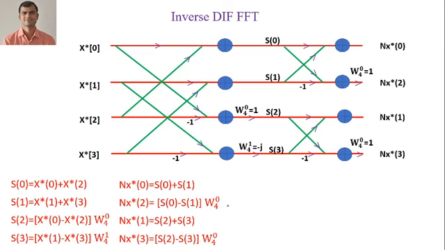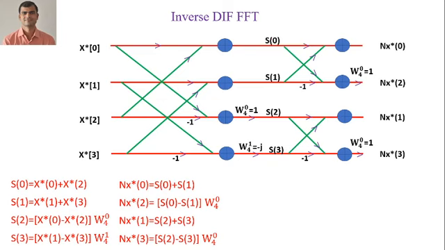Now one another difference is there. Here the input sequence is in natural order and output sequence is in bit reverse order. Here input sequence we have to take as a discrete frequency sequence and conjugate, and here it is the natural sequence. Also we need to take the conjugate, and this value is already multiplied with the value of capital N. So the method will remain same as that of DIF FFT algorithm.